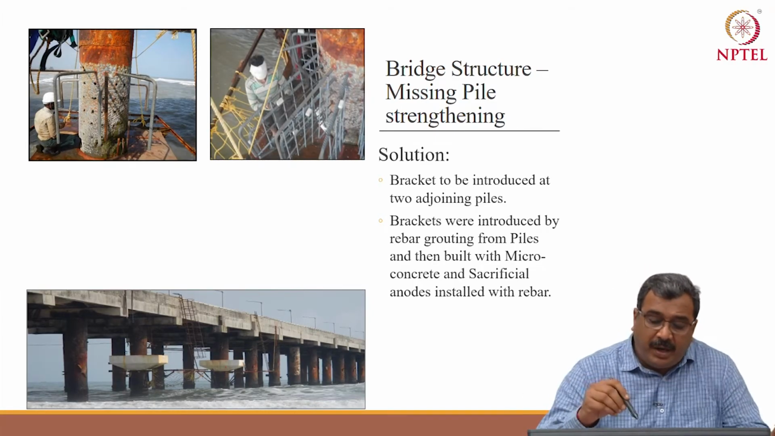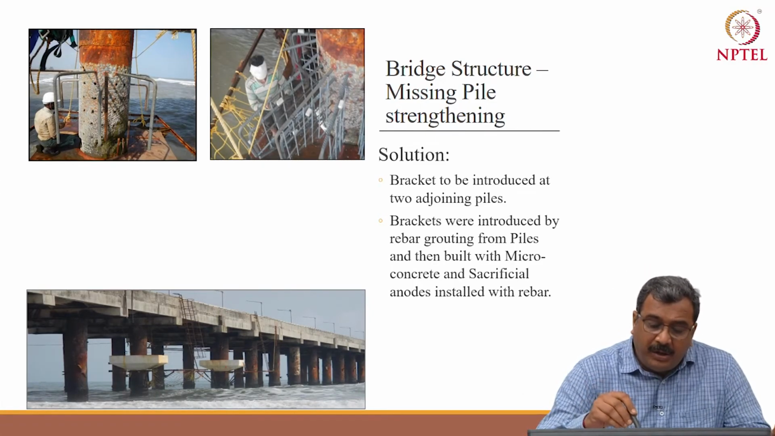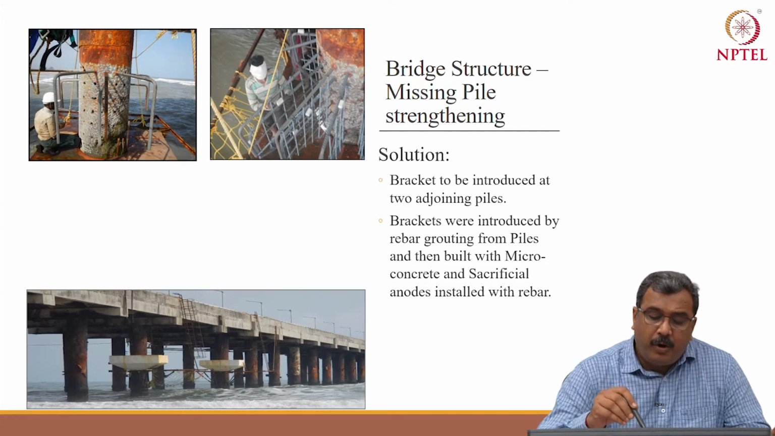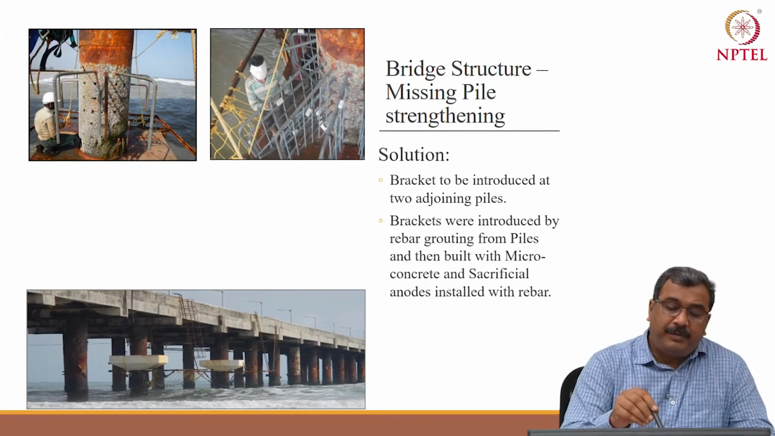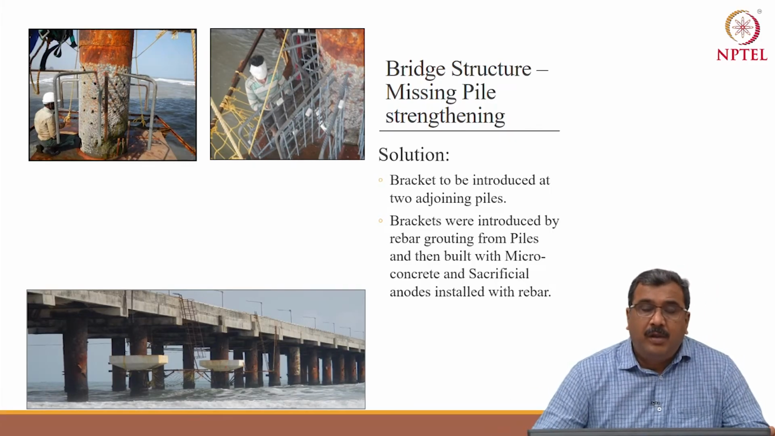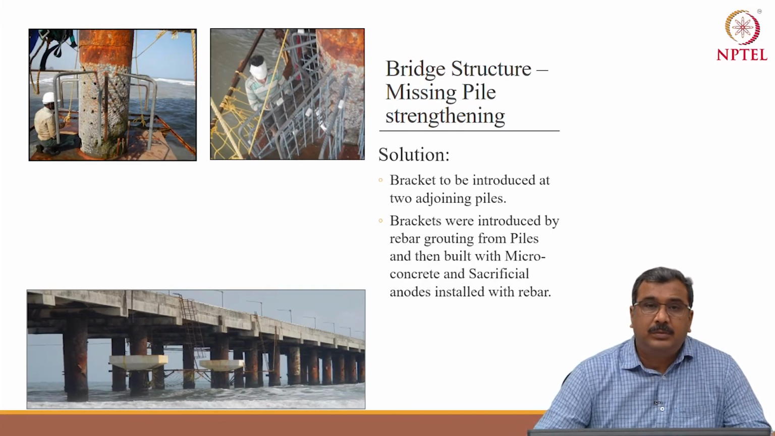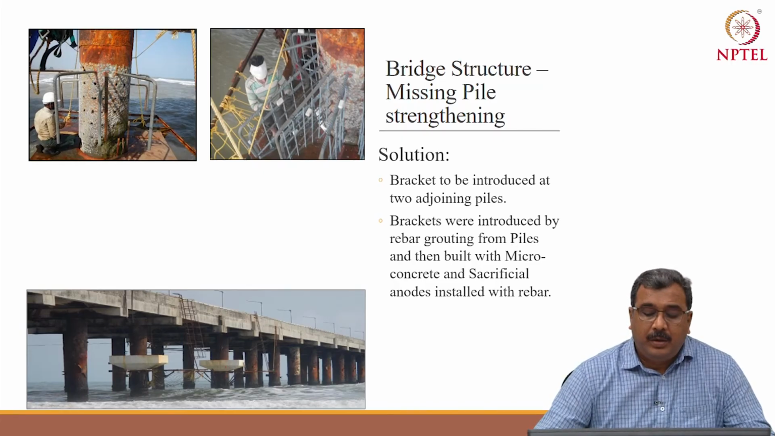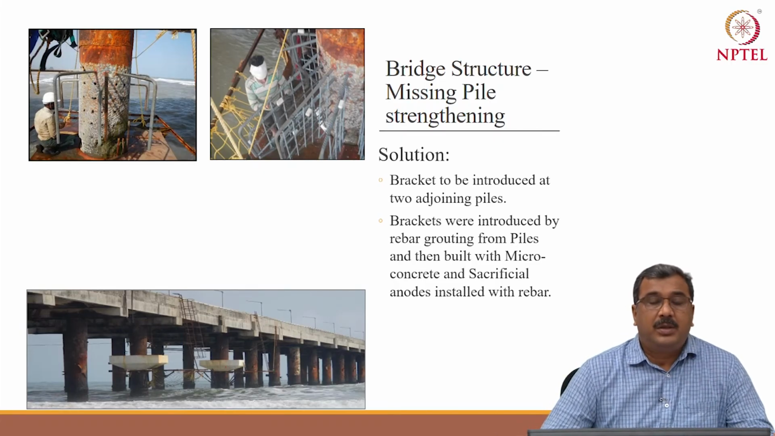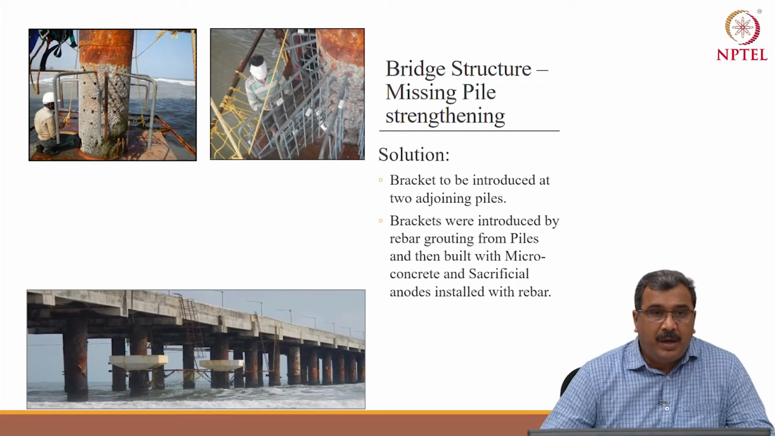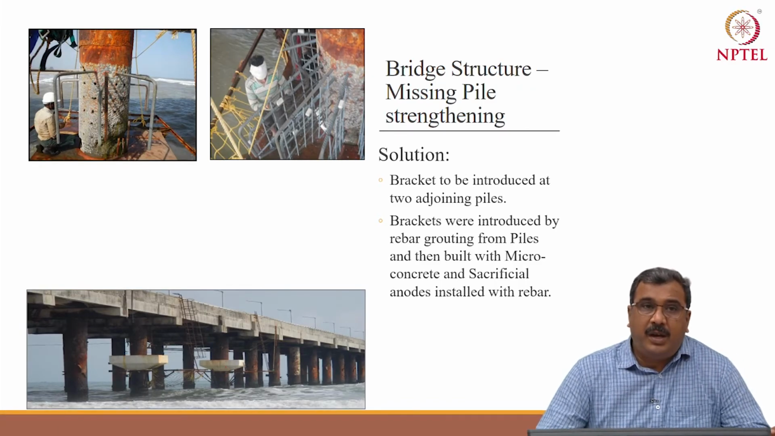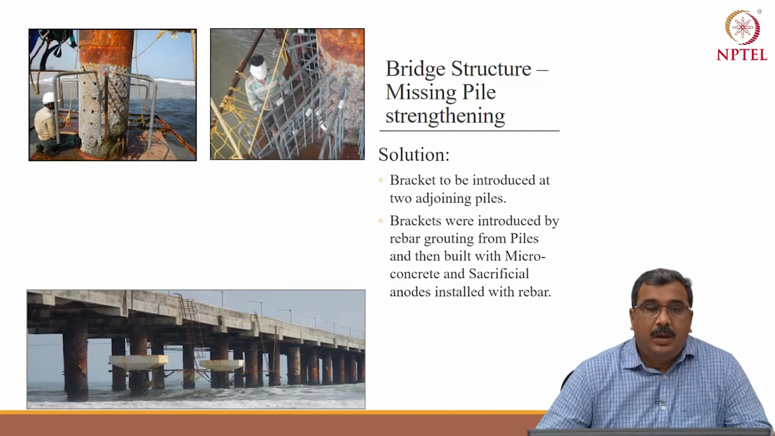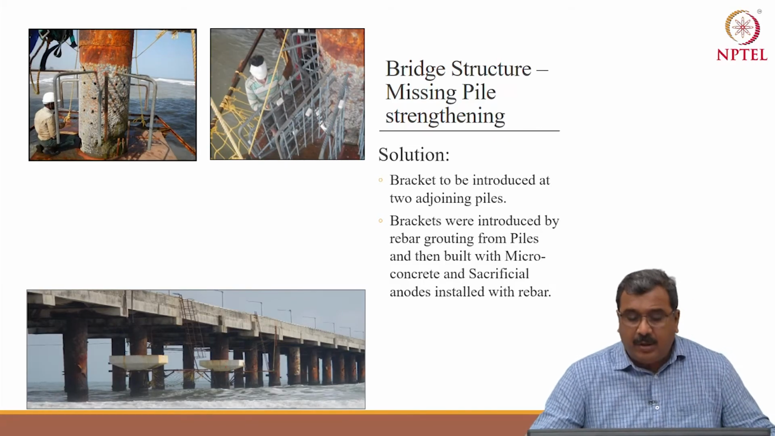A sacrificial anode, again an electrochemical repair, protects this reinforcement from corrosion because of environmental effect. The location of the structure will induce a lot of corrosion. So the steel has been installed using rebar grouting, the sacrificial anode has been installed, and a zinc rich coating has been done on the rebar,